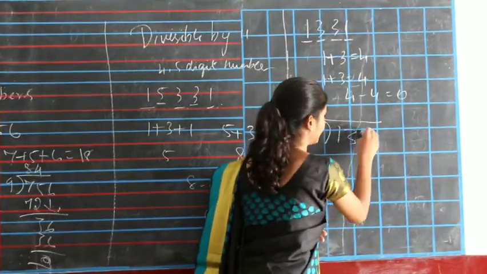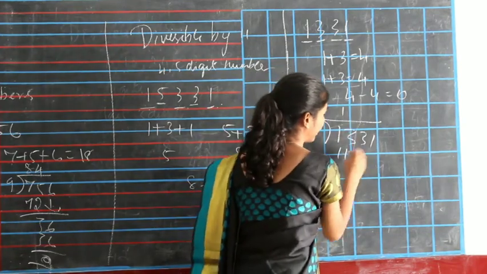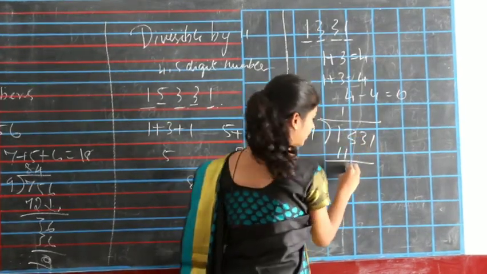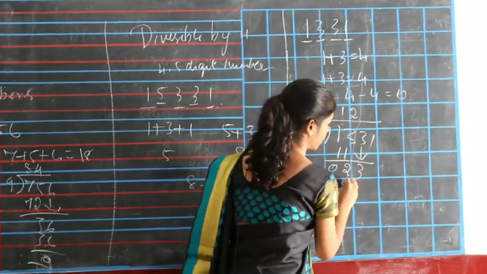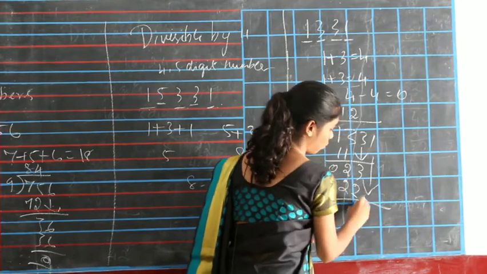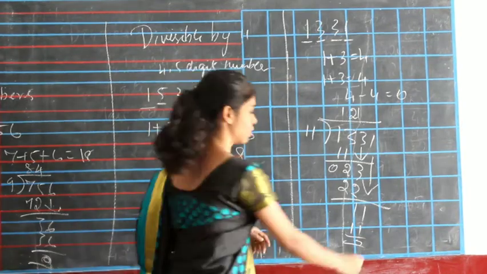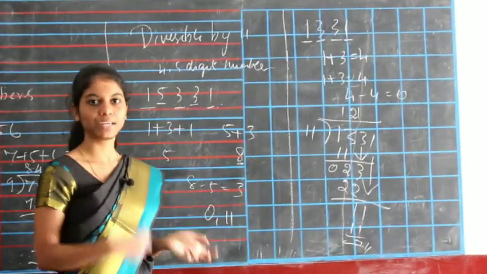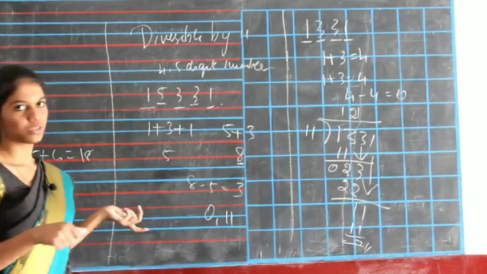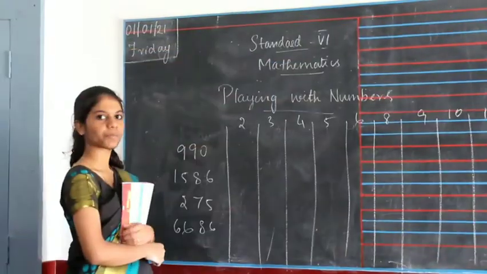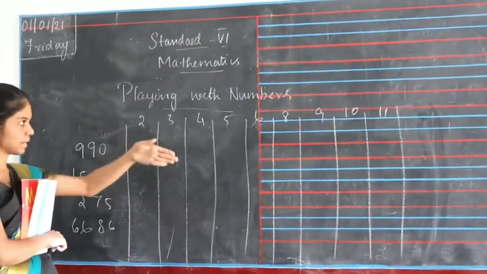Let's find out whether it can be divided by 11 or not. Okay, so 11 ones are 11, and then you will get 3 minus 1 will be 2, 1 minus 1 will be 0, and then 3 comes down, 2 times 11, 22 will be here, and then 1, 1. So 1 times 11. Okay, so this is the way of finding whether a number can be divided or not divided by the values.